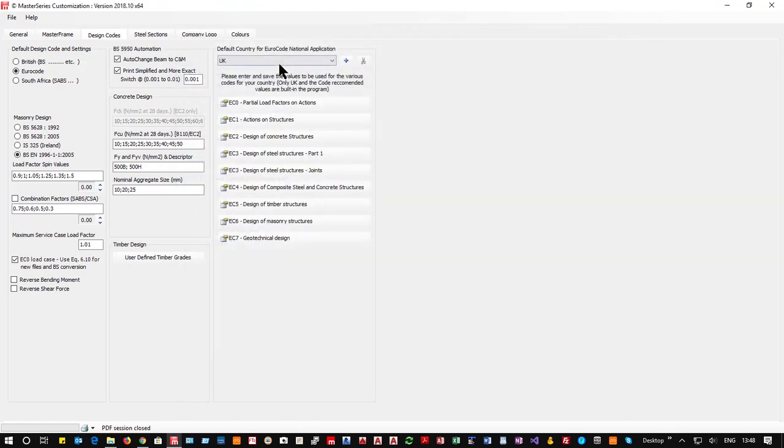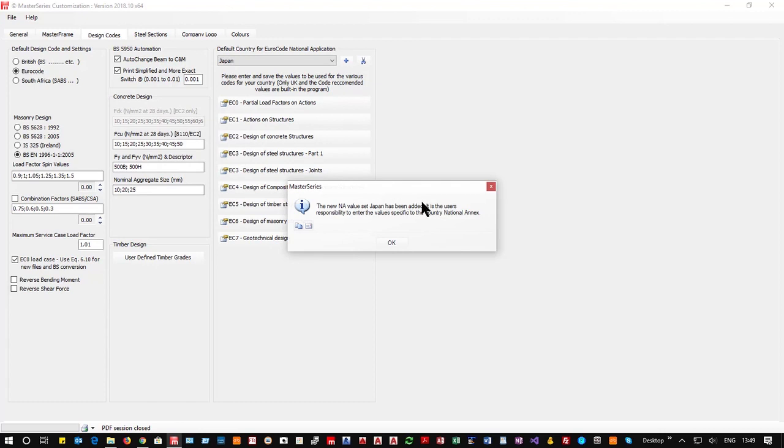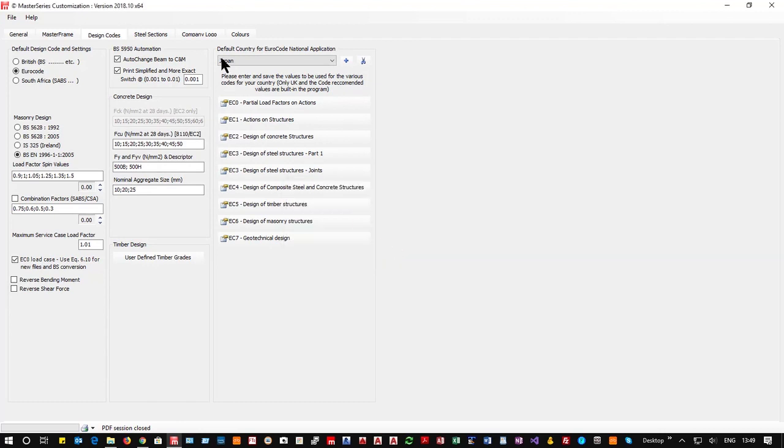So if you wanted to go and create a Japanese version of this, you would say, right, I want to start with using the Euro norm, and then I want to copy it. Well, in fact, it tells you what you want to come up for, and I can say Japan, only because I can spell Japan, and say add. So I now have a set of values that mimic the Euro norms,